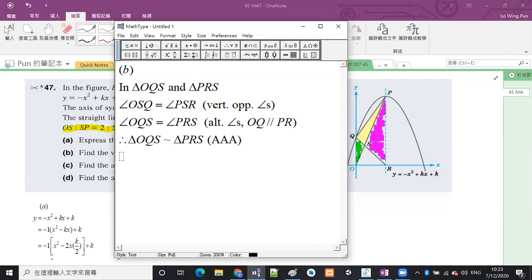Okay, so what are the corresponding sides here? In the first triangle, if we pick OQ,